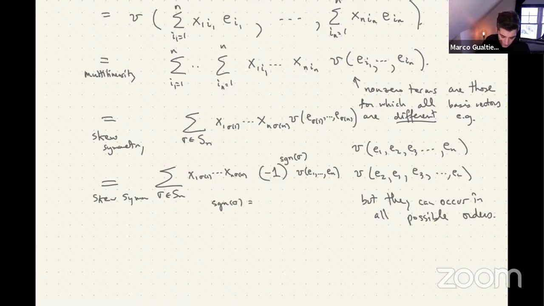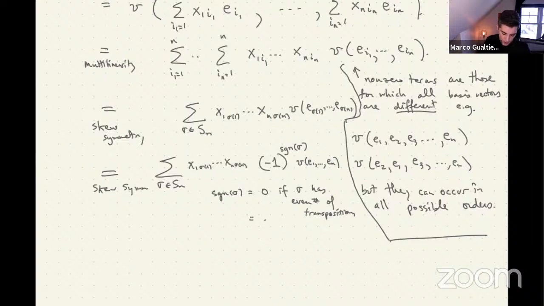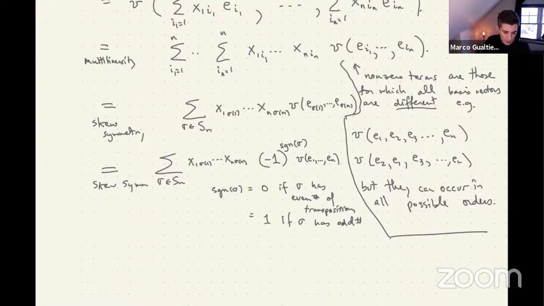is 0 if σ has an even number of switches. Switching is called transpositions. Okay, and it's equal to 1 if σ has an odd number. So a transposition is where you just take two numbers and switch them and leave everything else alone. Okay, and so this is the